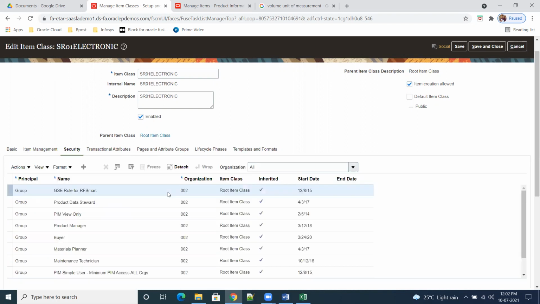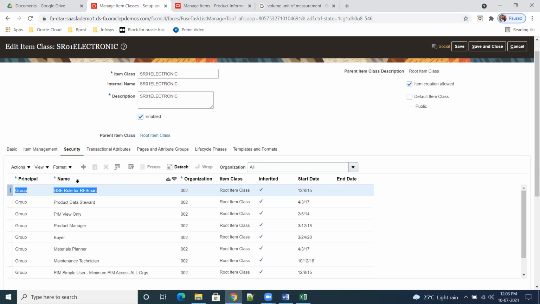Security is basically very important. You have to know this. Security can be given in two ways. One is group wise. When you are selecting the group, we are selecting job roles here. Whenever the principal is the group, we are selecting job roles: job role wise security. The second one is user specific security. These are the two key areas we have in security.